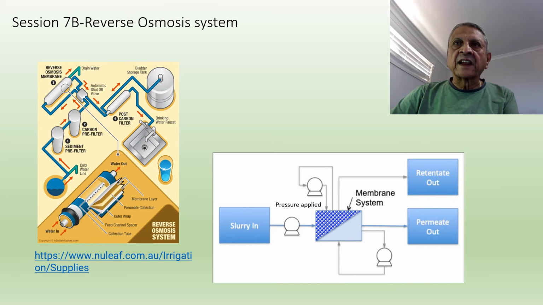We must understand that in desalination systems, when the water is taken out of the salt water or seawater, the retentate that comes out will have a higher concentration of salt than the normal